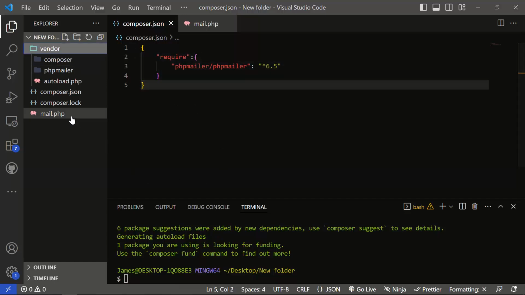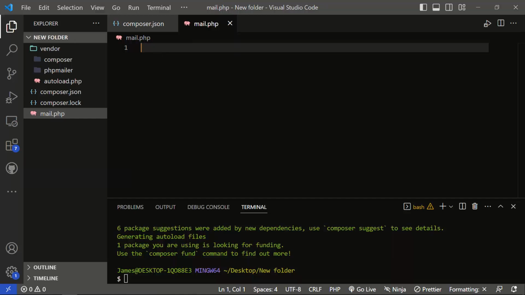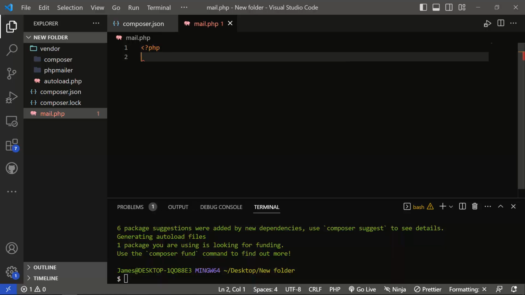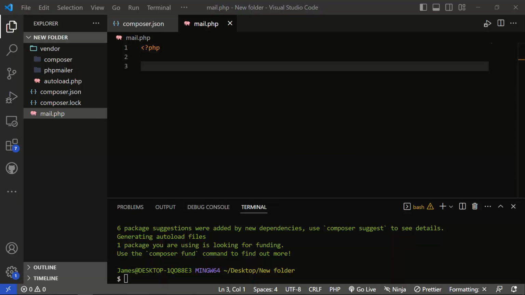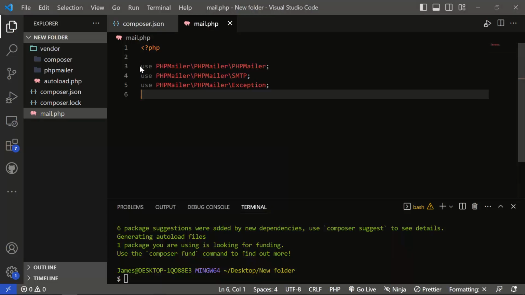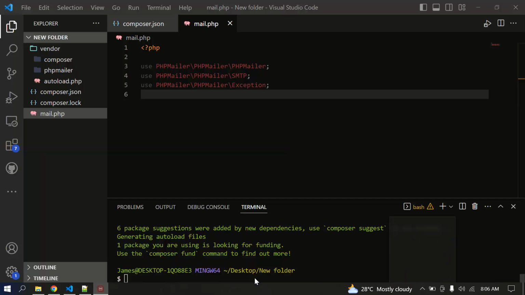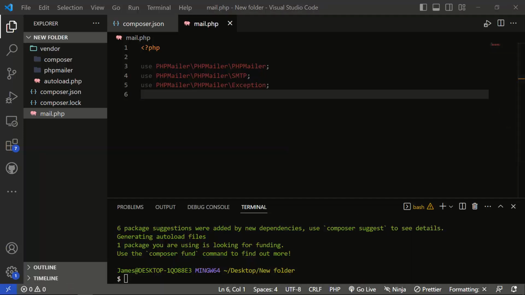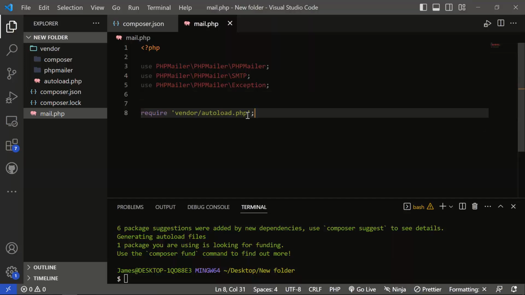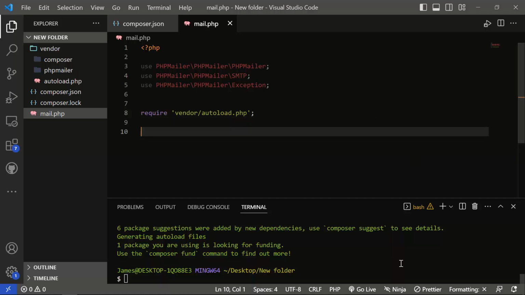So once you've done that, you're going to go back to mail.php, and not to waste our time, I'll be copying all these things so fast. So I'm going to have PHP here. I want to import everything I need, which is the use cases: the PHPMailer, the PHPMailer SMTP, and all dependencies that are going to be required. So I will just take in the required autoload and drop that one here. Surely we're going to require autoload, and after we've required autoload,